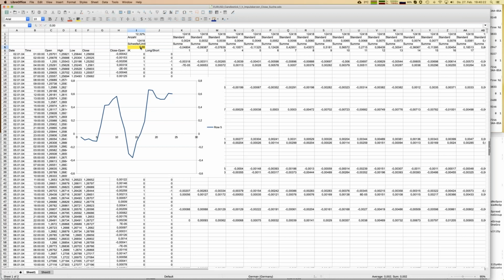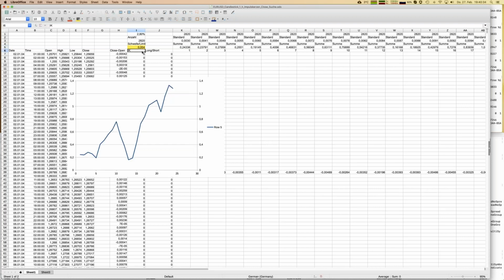Now let's change the threshold. So when we call it a power candle, you see it needs a few seconds to do the calculation, and then we go for that, and you see, hey, that looks even better. Now we have 40 bips as being a power candle. Only close to 3% of all candles fulfill that condition. And that is a typical price movement for Euro US dollar. And the x-axis here is just hours. So that's good to know.